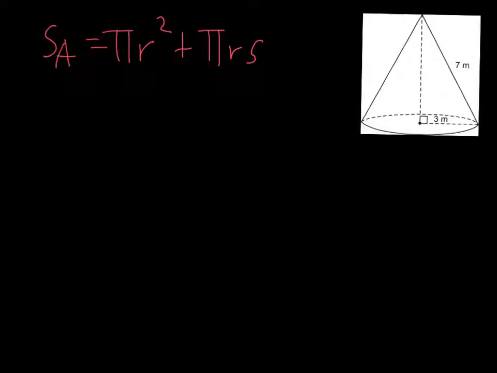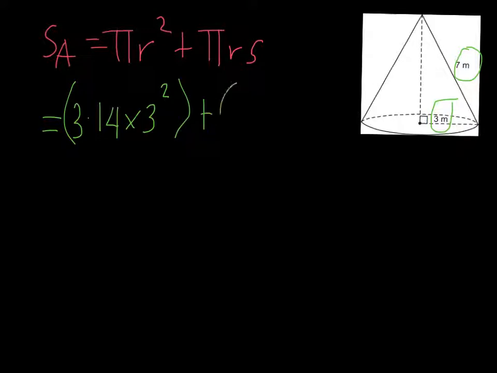Yet again, the formula is written for the surface area of this cone. Let's check the information we have. We have the radius and we have the slant height, so we're pretty much spot on again. We can straight away use the formula, which is really handy. So the surface area is going to be equal to pi times 3 squared plus pi times 3 times 7. In this case, a similar size cone to the last one, 3.14 times 3 times 3 gives us that answer of